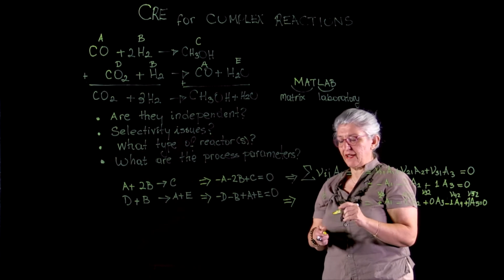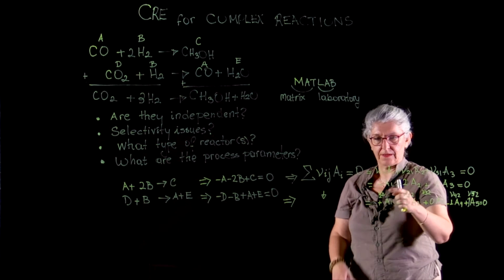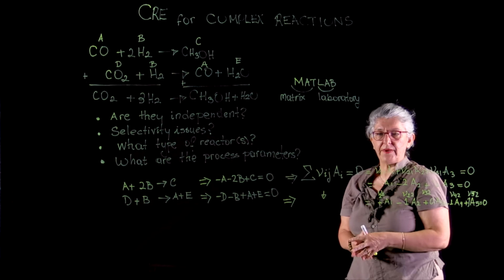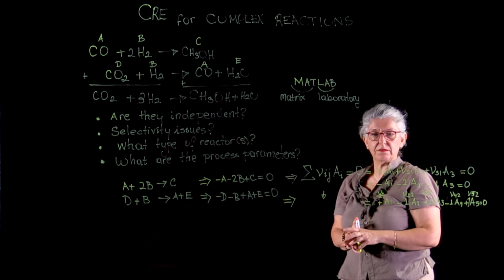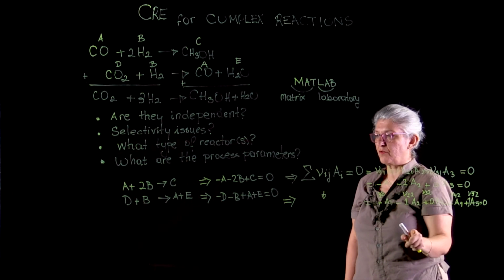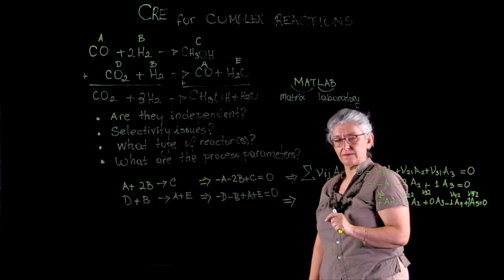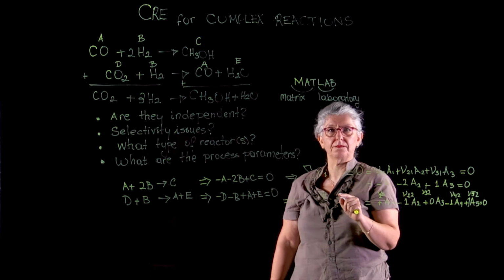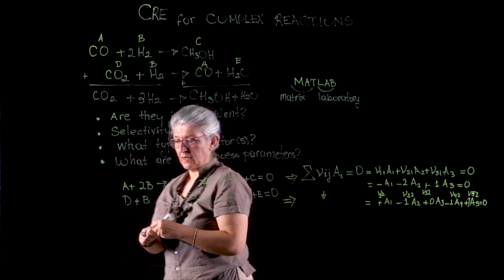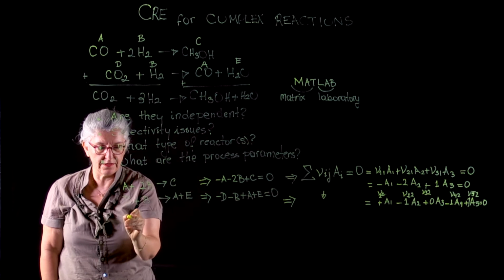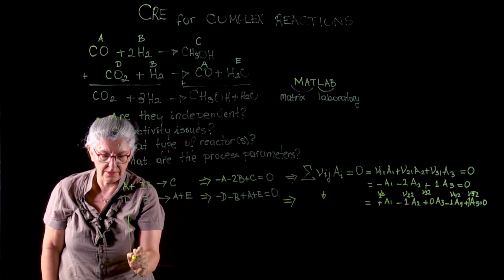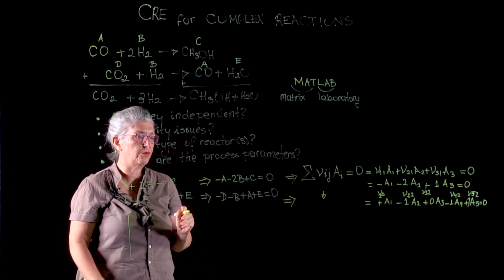So now we have matrix-friendly components, matrix-friendly stoichiometric coefficients. Now we are going to generate our matrix. Let's do that. So our reaction matrix is going to be nu ij,